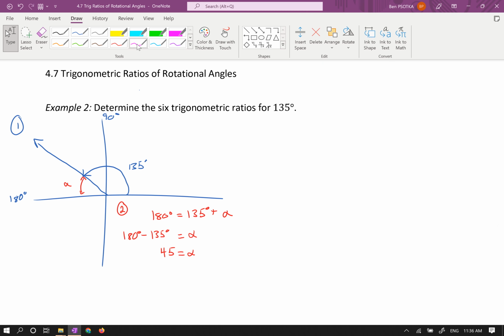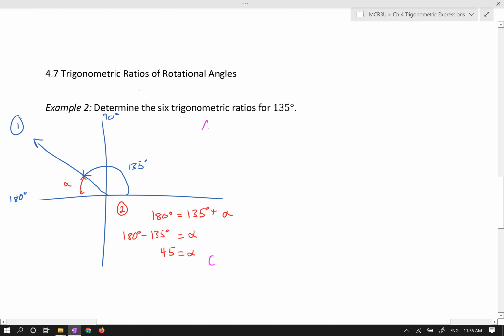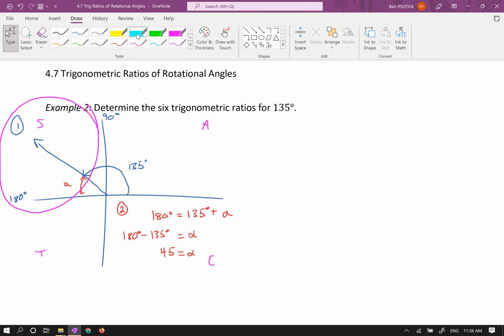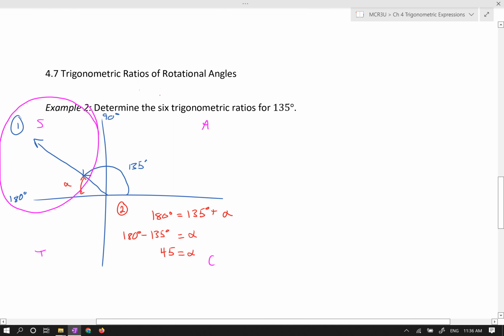Step 3, I'm stating my CAST rule. Cosine, all, sine, tangent. So that means my sine ratios are going to be positive in this quadrant, and my cosine ratios and my tangent ratios are going to be negative in this quadrant. Fantastic, nice work. Now, in this problem, it's a little bit different because we're determining the 6 trig ratios for